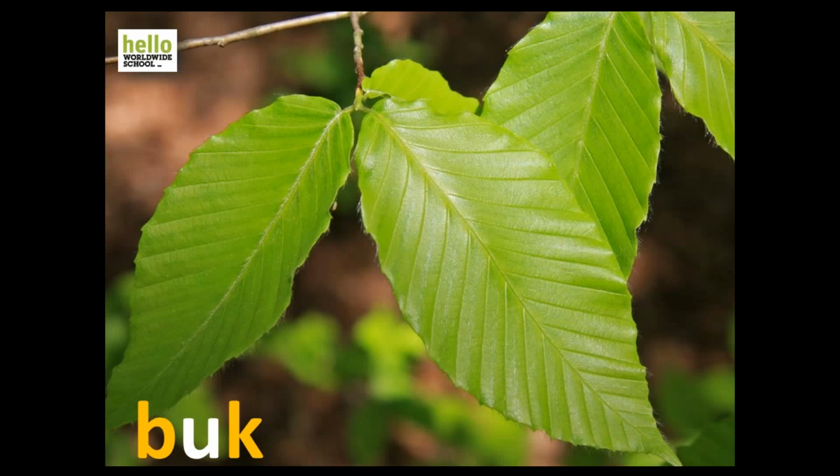So let's have a look at the leaves of that tree. So it's a book, and in English, it's going to start with a B, very good, and it's going to have the CH. This is a beech. Very good. Good answers, everyone. Okay,